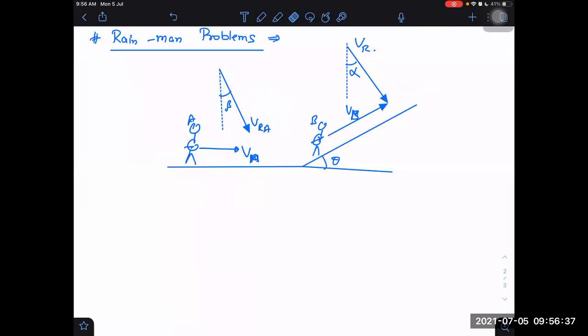So I think it is better you treat those two like two different persons. Even if he is the same person, walking through the horizontal road and then on the inclined plane, you assume that person to be two persons. Assume one person is A and the other person is B. That can help you, I think, slightly.